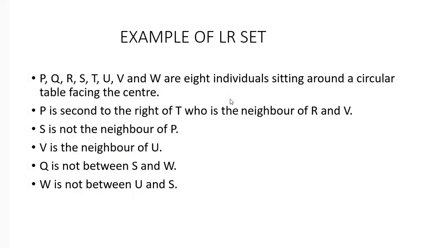Now we will see an example of the LR question. Here is an example of an LR set. This is a type of circular arrangement question. As you can see, 8 individuals are sitting around a circular table and some facts are given. According to these facts, you have to come up with the final sitting arrangement of these 8 individuals. Along with this, you will also have 4 questions. The questions can be anything like who is sitting to the immediate right of P or who is sitting opposite W. This is an example of an LR set. We will get into the details of solving this problem later. But for now, just see what an example of a logical reasoning set looks like.